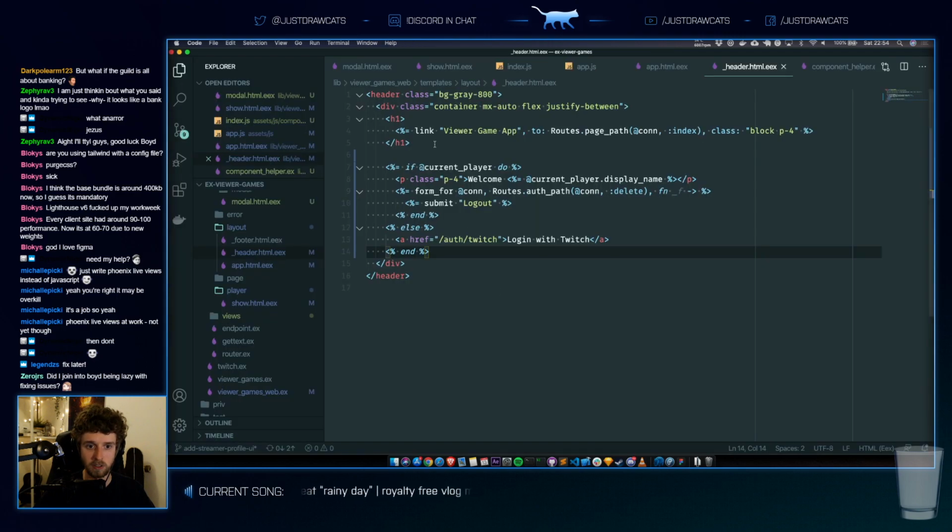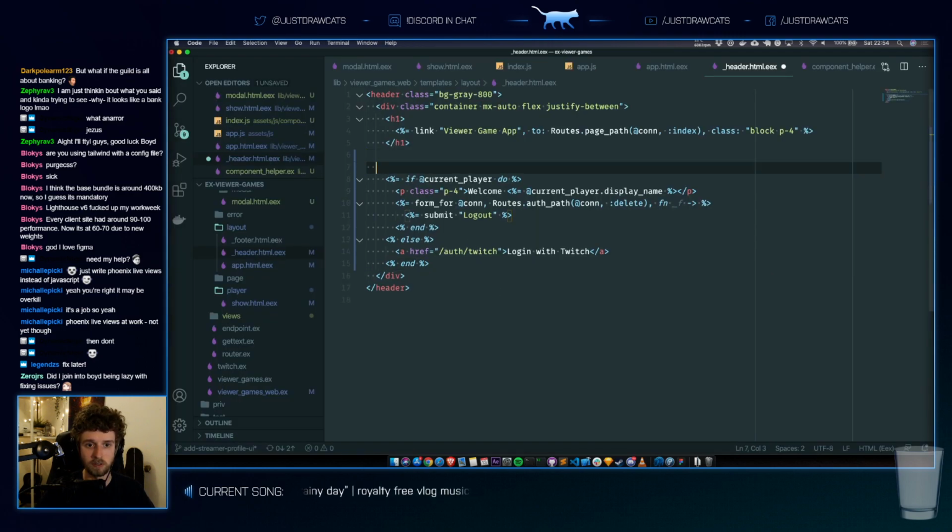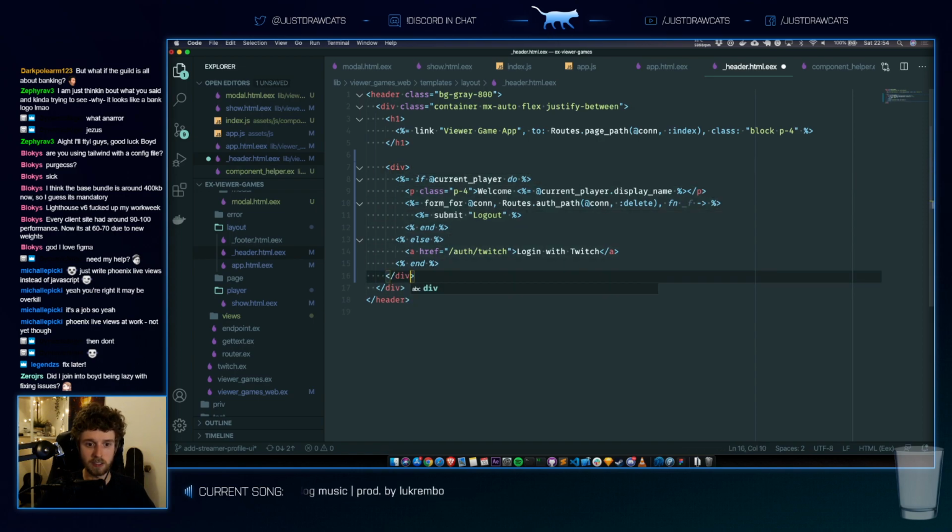Okay, this doesn't make sense because we need a div around this. I think this shouldn't be a div. There should be a section maybe, or a nav.